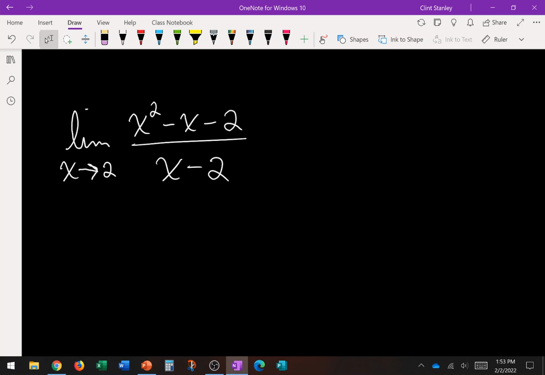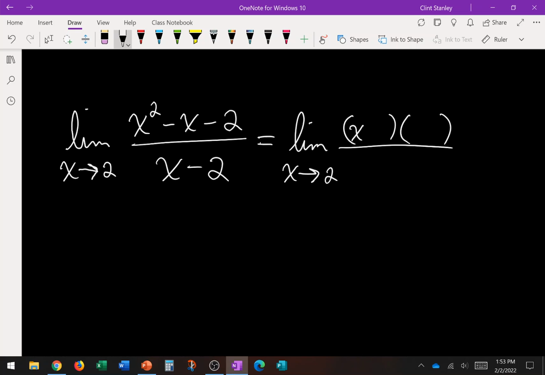Okay, so direct substitution is obviously not going to work. That's our whole problem. So what can we do? Yeah, we can try to factor. If we factor the numerator here, we need factors of -2. That'll give us x minus 2 and x plus 1. And on the bottom we have x minus 2. So what we want happens: we get a cancellation in the denominator.